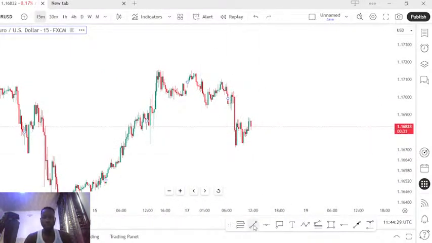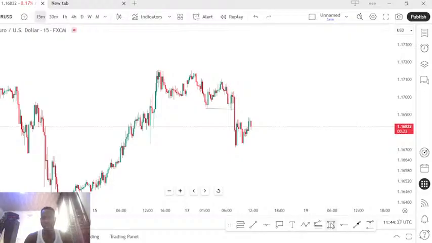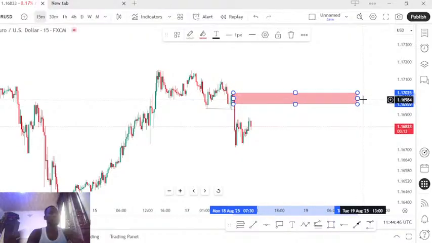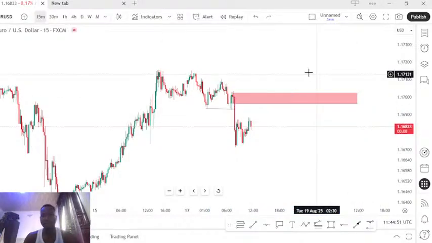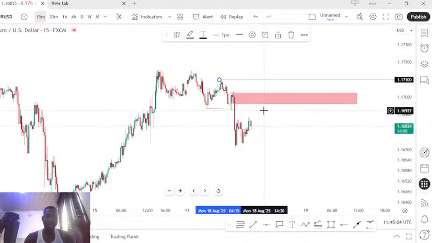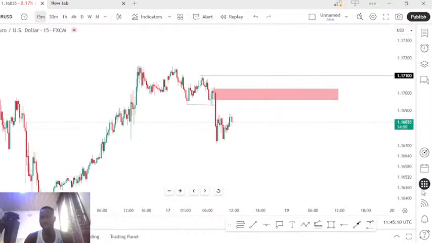On EURUSD, price broke the structure here. Price broke the structure here, and we're looking at price returning back to this level here. We're looking at price returning back to this level here, or possibly, you know, considering this resistance level here. Okay, so we have these two levels, but if I see a confirmation,